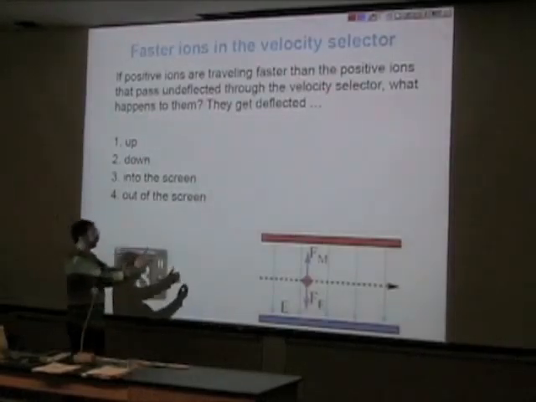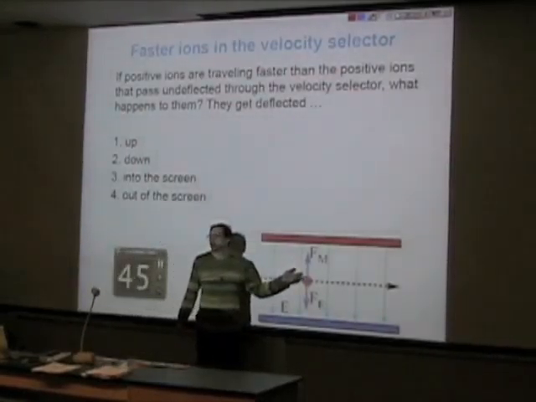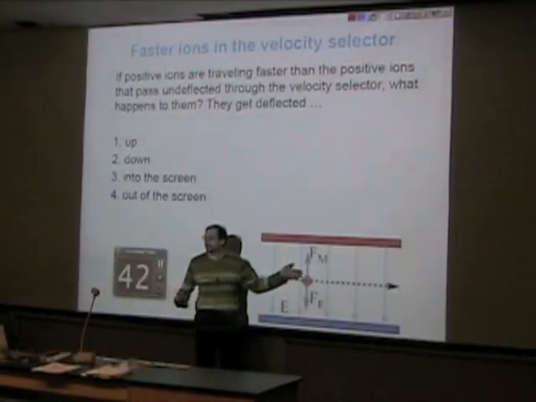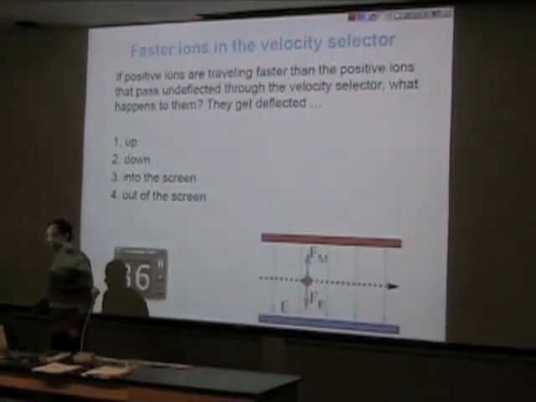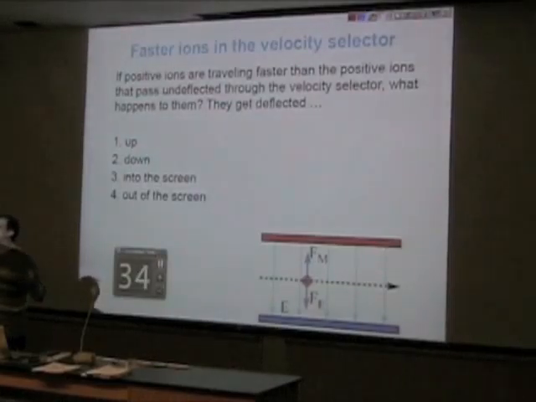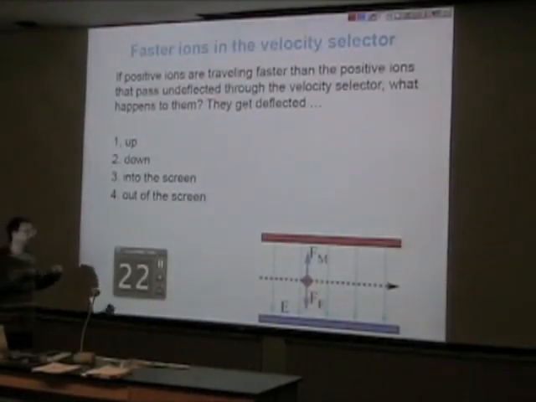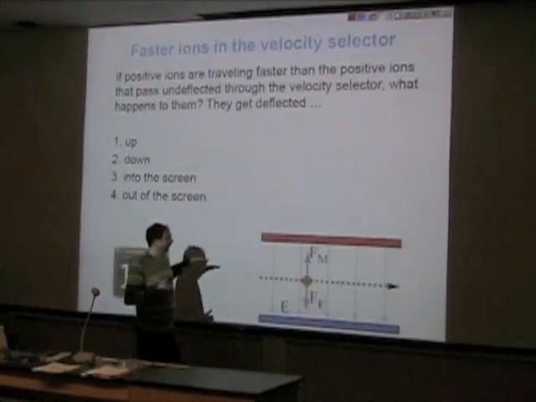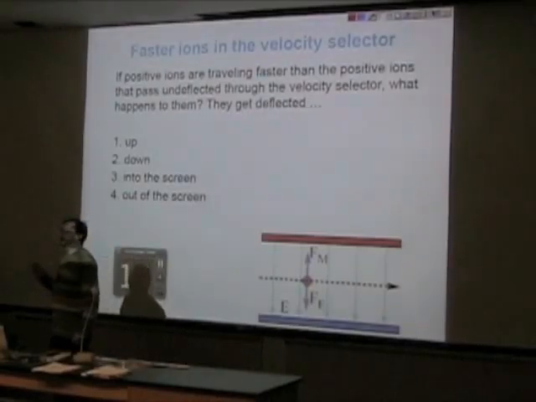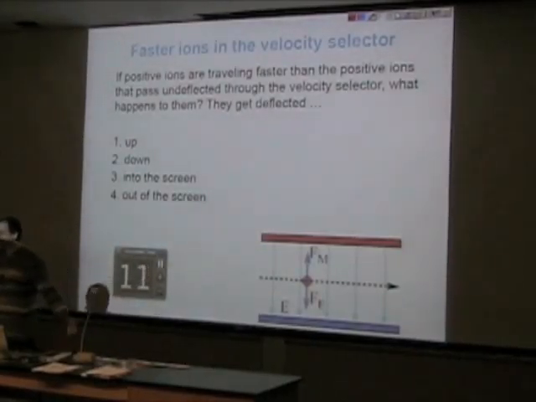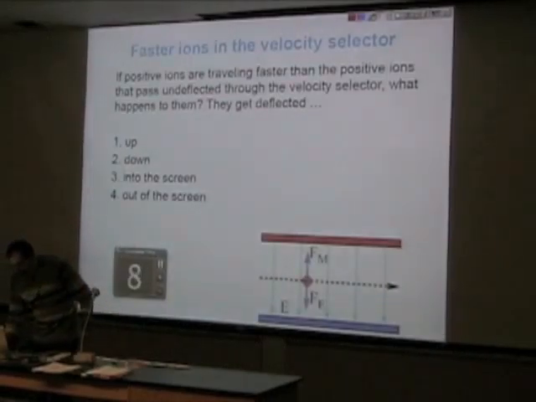So, if you look at the picture, this arrow represents the magnetic force, the magnetic field acting on the particle. This arrow represents electric force. In the picture, they cancel each other out, so the net force is zero. Why? Because this particle has the exact right velocity. The question is about a different particle, which is entering this region faster than this one. So, if it travels faster, what's supposed to happen to